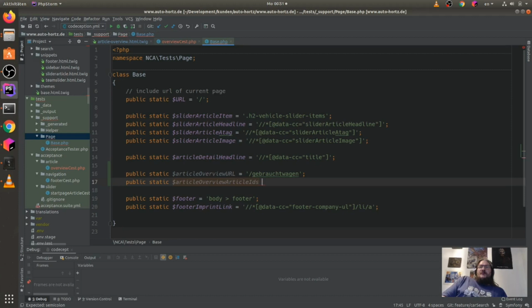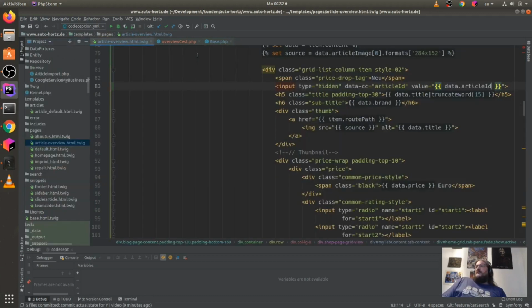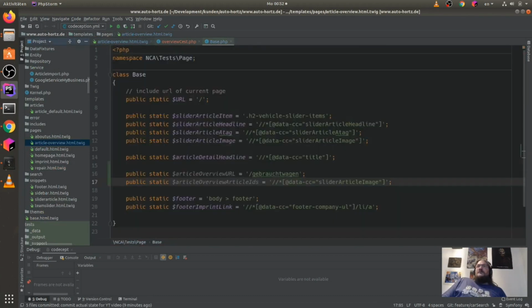And now we have here our new selector, which is just article ID, I think. It's just article ID here.